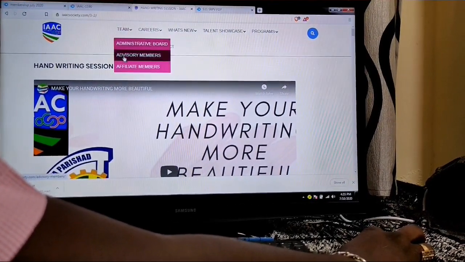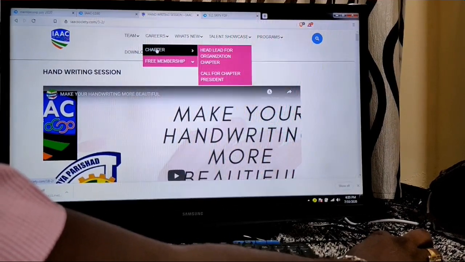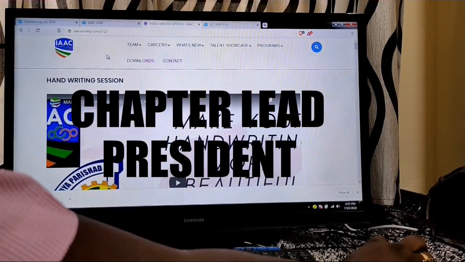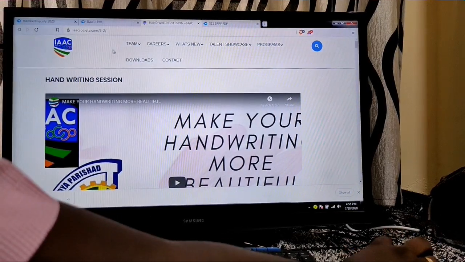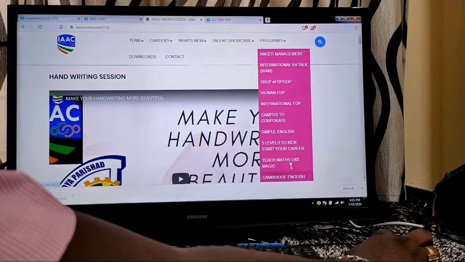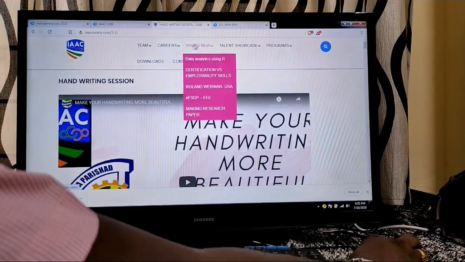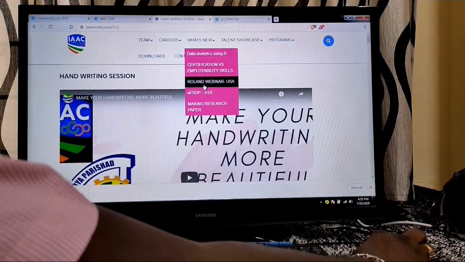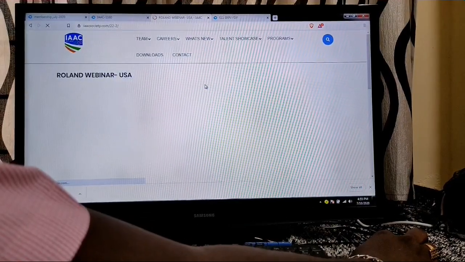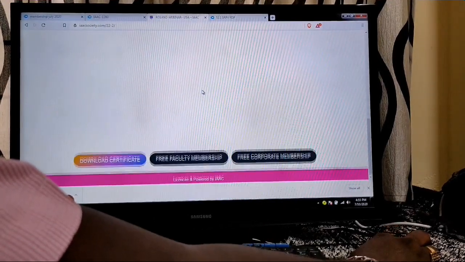What are the other advantages that our affiliate members get? Our affiliate member can become a chapter lead, can become a president of a chapter, can conduct a program at their college. Say for example, a few of our members were interested to conduct various programs at their colleges, and they have conducted these. One of our members was very much interested to conduct an FDP for their college, and he conducted a webinar from their college side very recently, which is just posted here, and you can see the videos and the people who attended the program.